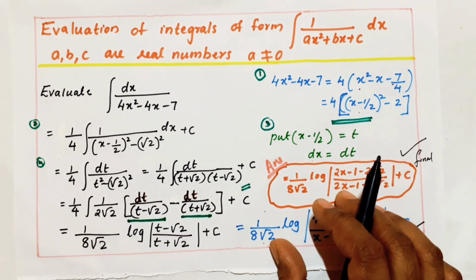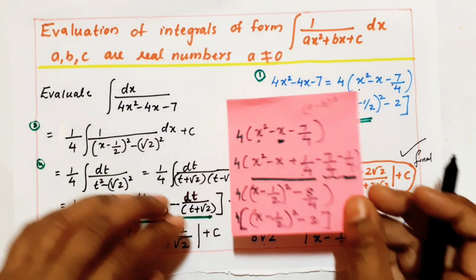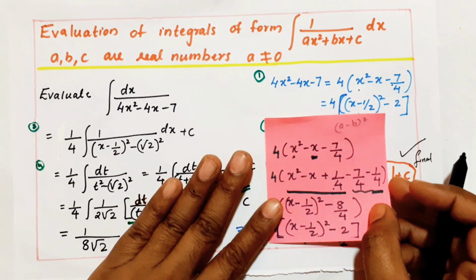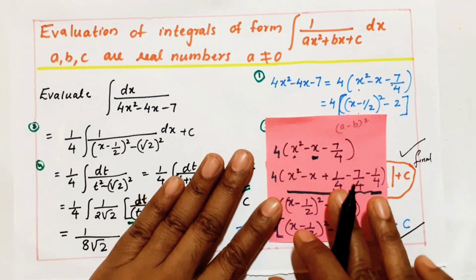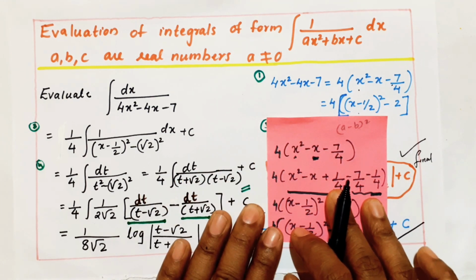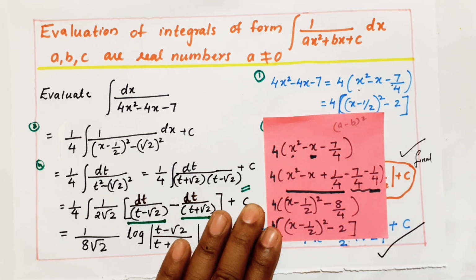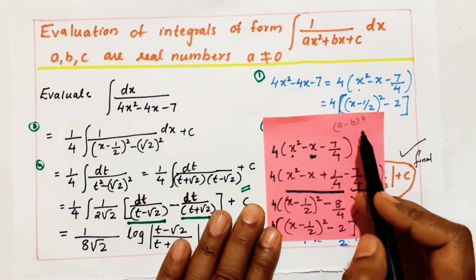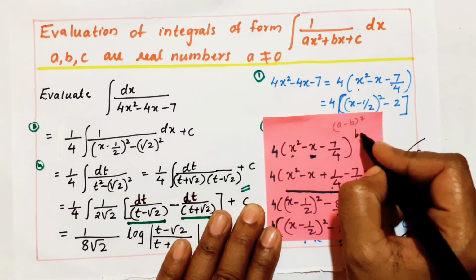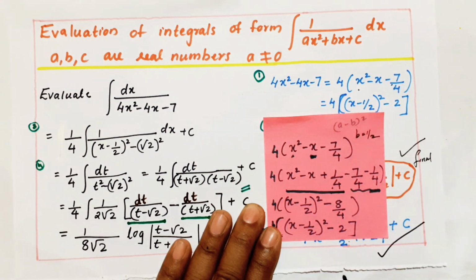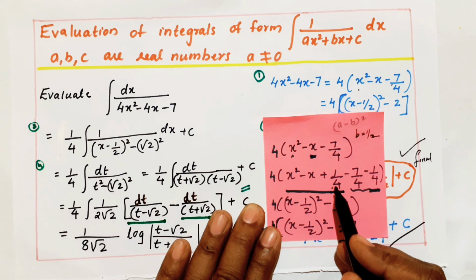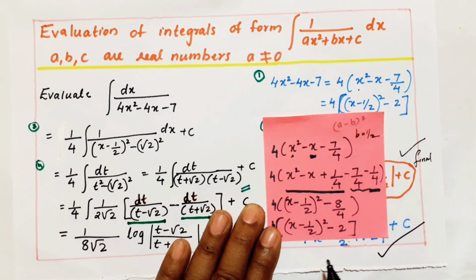After this, I told you your mind should work on how you can split the term to get it in the form of a plus b and a minus b, or that form. When I checked the terms x square and minus x, I understood what the b term should be. b should be equal to 1 by 2. Then b square, 1 by 2 square, is 1 by 4. I added 1 by 4 and subtracted 1 by 4.